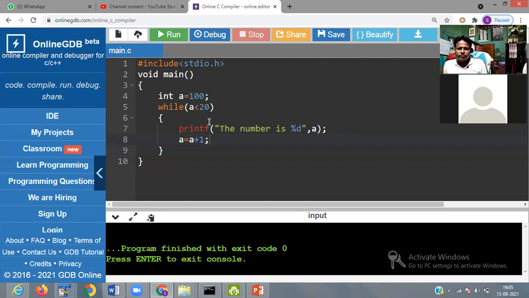What is a do while loop? In a do while loop, first